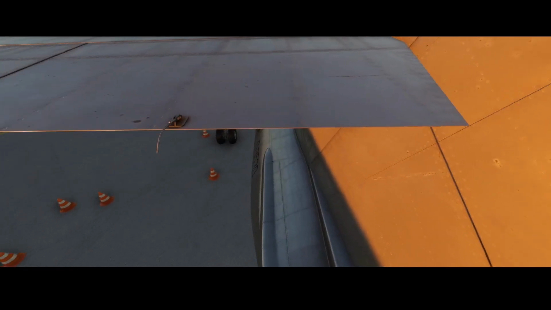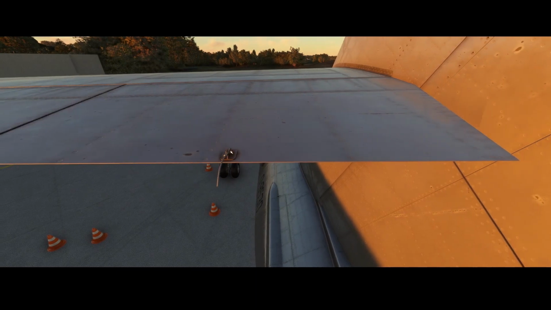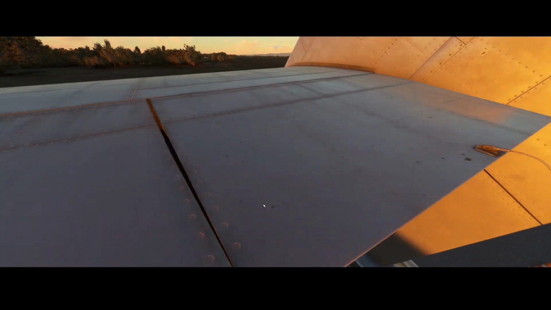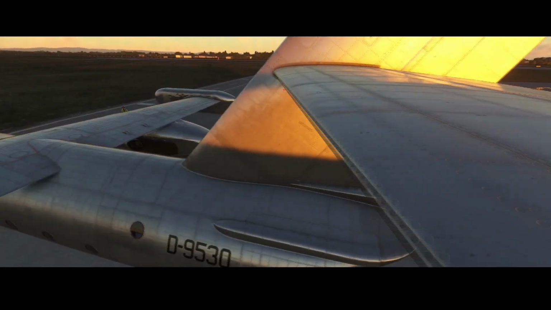aircraft is built from. And if we go really close to the wing, you can see the level of detail also here, right, including this one. You can even, probably, measure the screws here, which are being used. So pretty cool. Then if we move over the wing, or over the tail, you can see that there